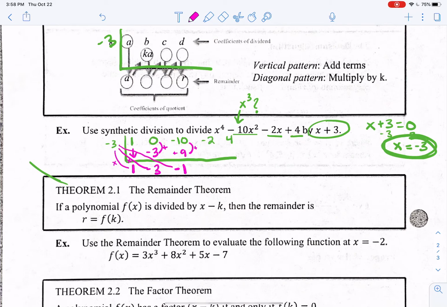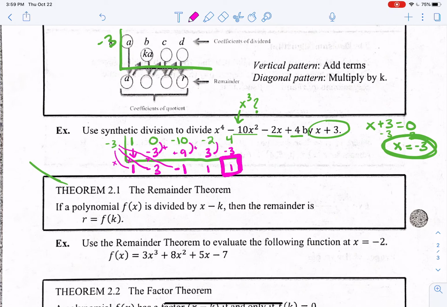And then I multiply. So I'm multiplying and adding, multiplying and adding each time. Okay. So negative 3 times negative 1 is a positive 3. And then I add these two. Negative 2 plus 3 is 1. Negative 3 times 1 is a negative 3. And 4 minus 3 is 1. And that last number, I'm going to have you put it in a box